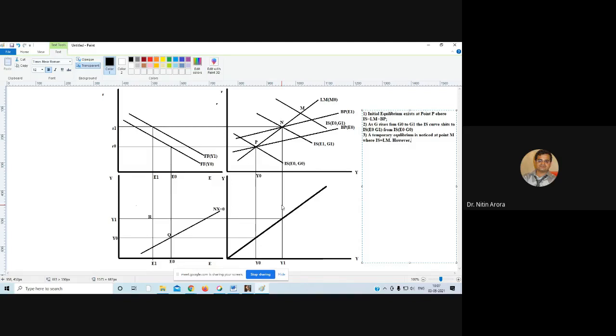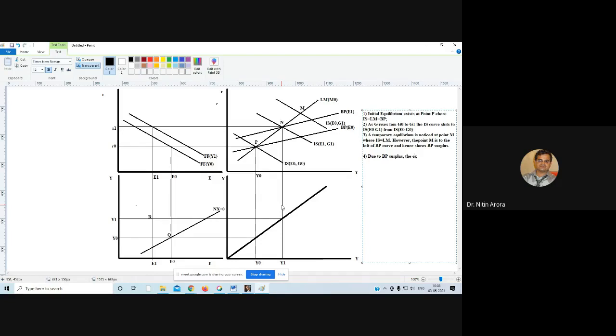However, the point M is to the left of the BP curve and hence shows a balance of payment surplus. Okay, due to BP surplus,